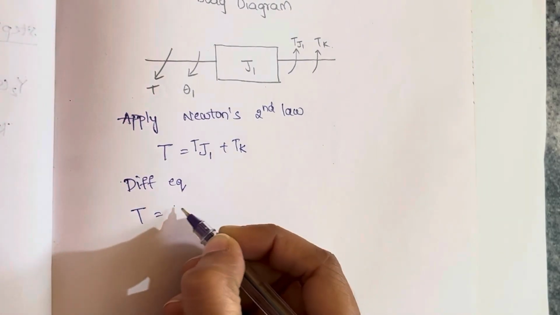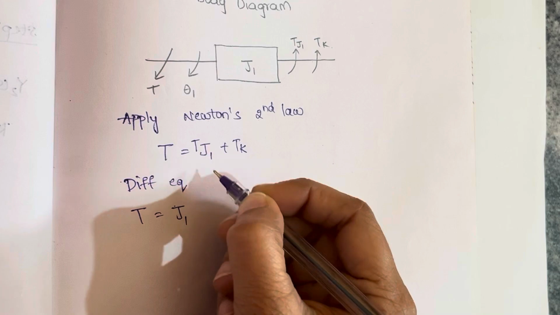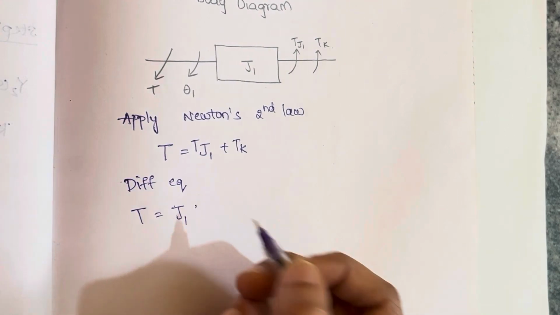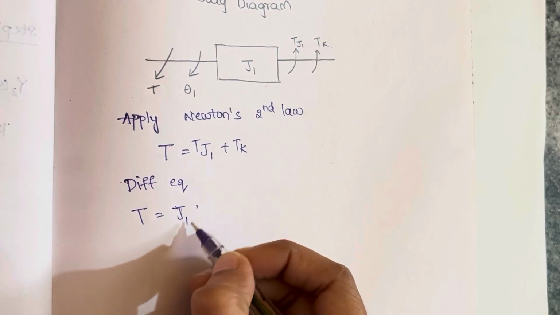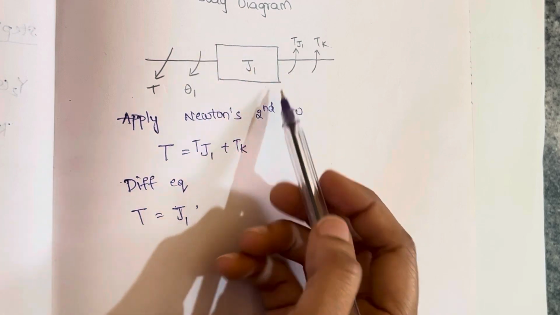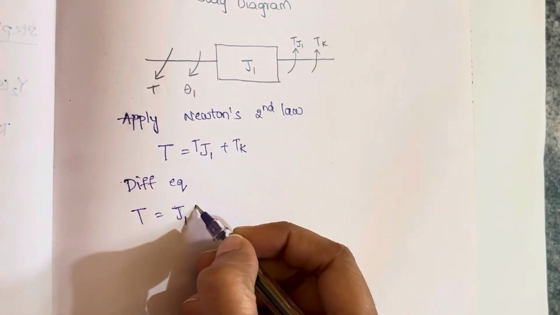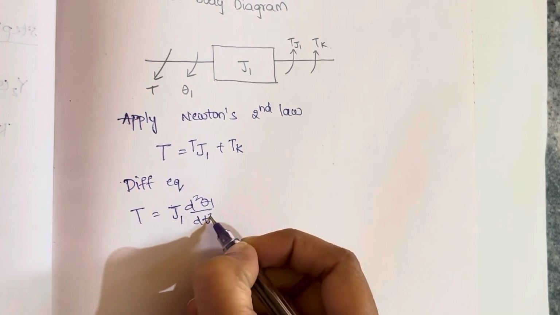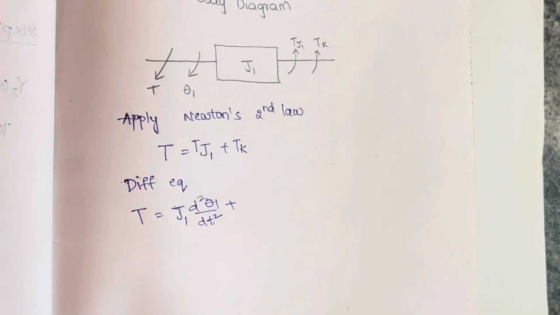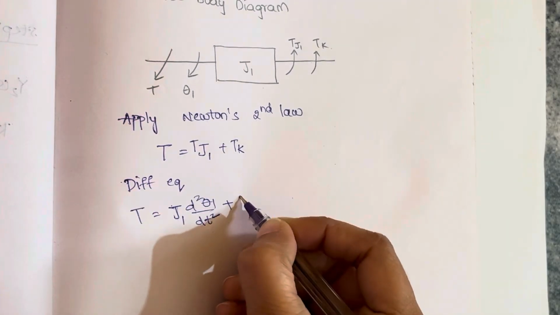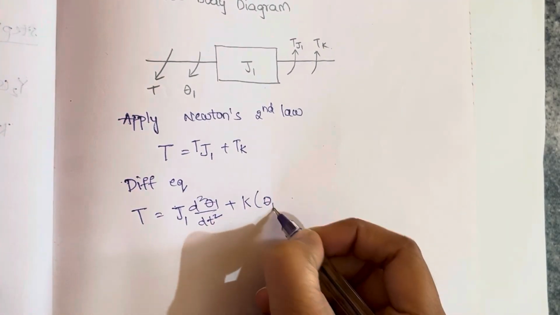So it is J1 because we are considering moment of inertia 1. J1 d square theta 1 by dt square plus K, I said spring, T equals K theta. But here we are writing K into theta 1 minus theta 2,